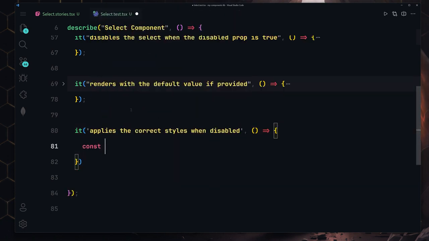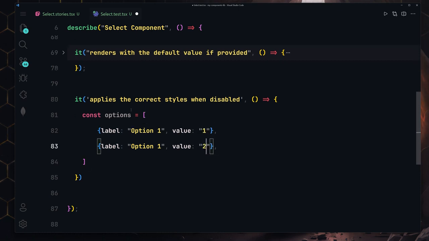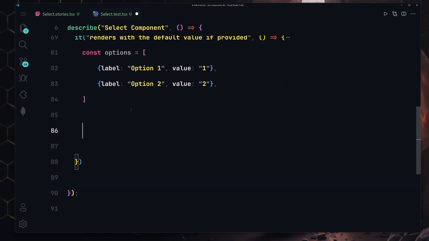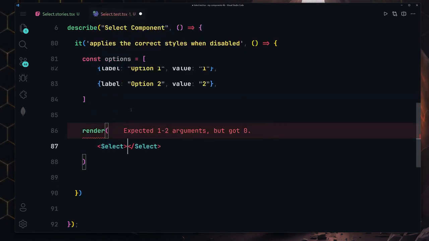Okay, so first of all, let's create a few options. It's going to be set to that same option label 1 or option 1, and we're going to be also providing a value, and value will be set to 1. Duplicate that, change that to 2, and change this value to 2 as well. Okay, so here now we are going to be providing our render method and provide our select statement inside there,